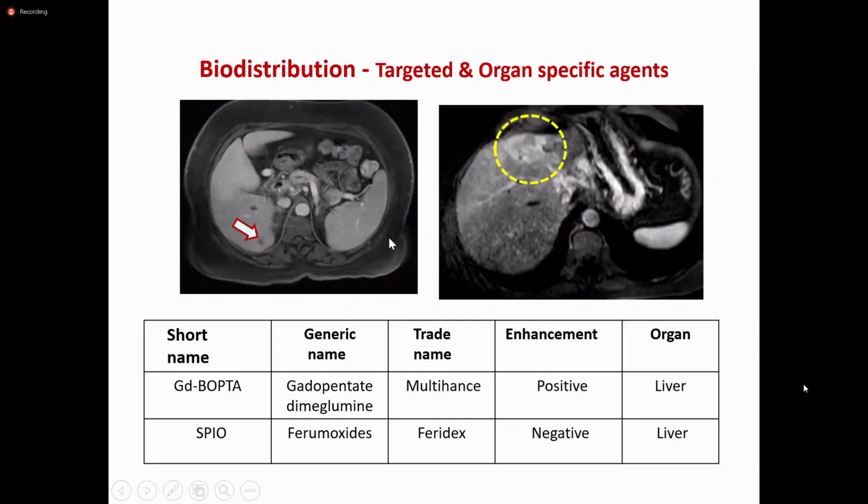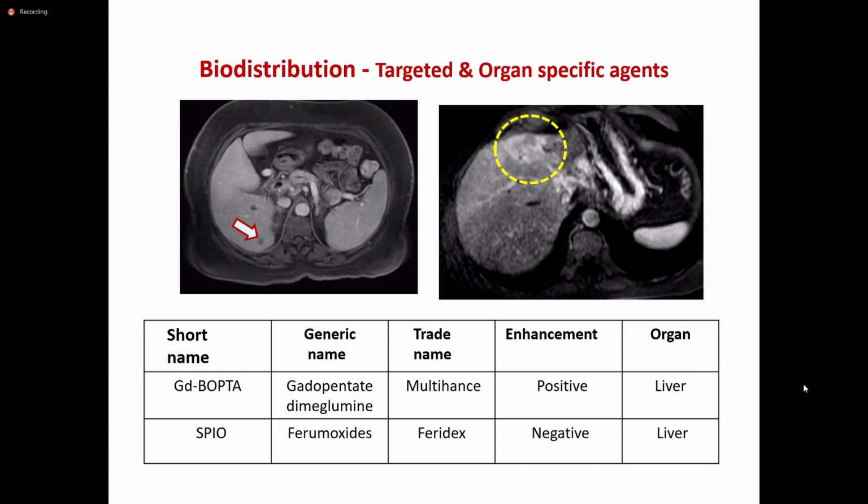And targeted. Of course, if they're suspecting a liver lesion, again you can go for Feridex or MultiHance. Feridex is a T2 star agent, and of course it is not available here. So you can instead go for MultiHance, because about 5 to 10% of it is excreted by the liver. This contrast will stay in the liver, taken up by the hepatocytes. When I say targeted contrast agents, it stays in your region of interest for a longer duration in higher concentration. So that is more important.